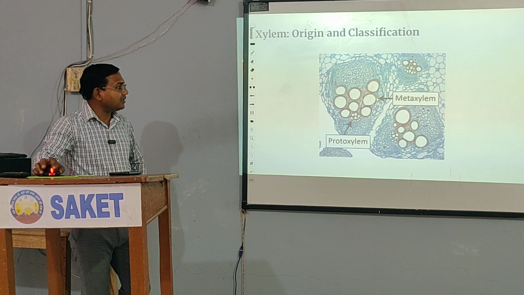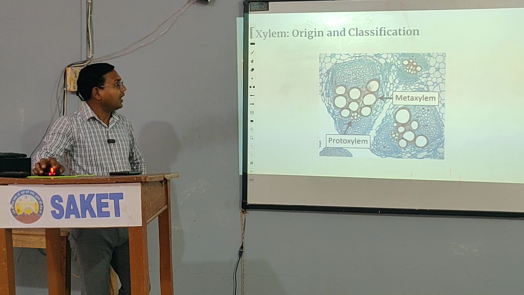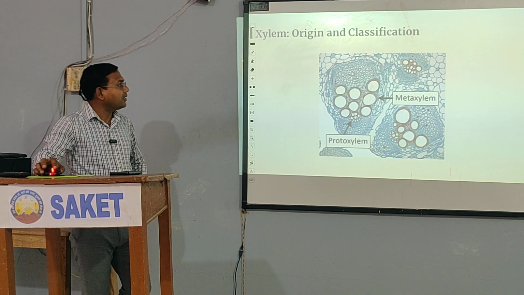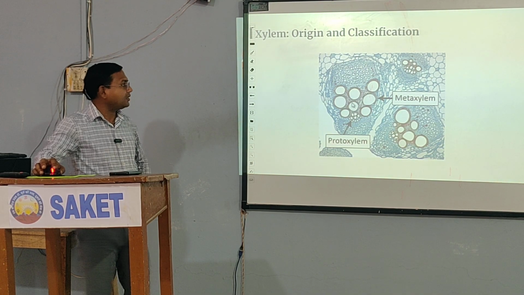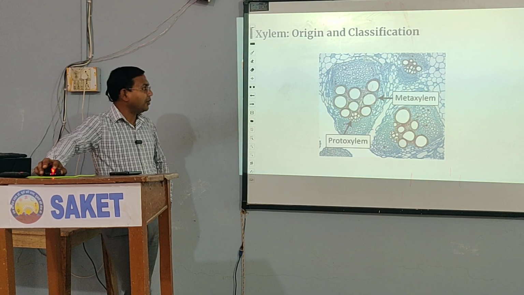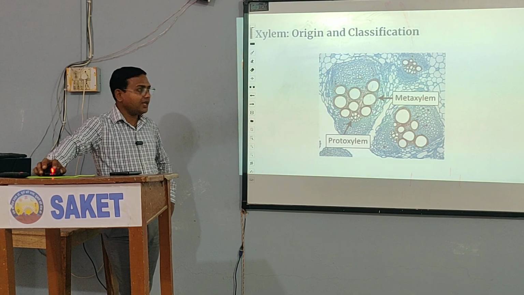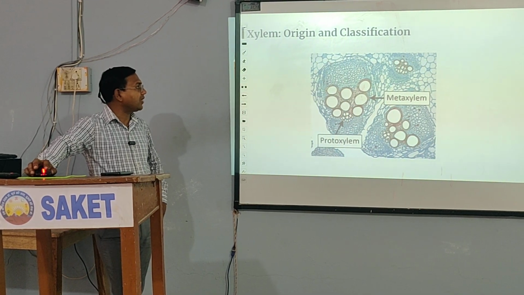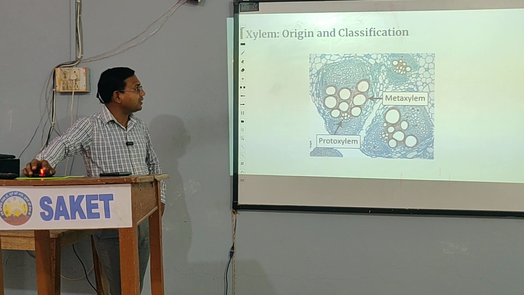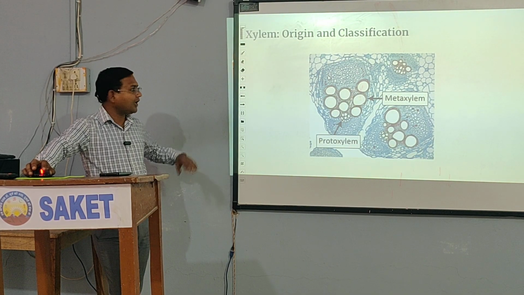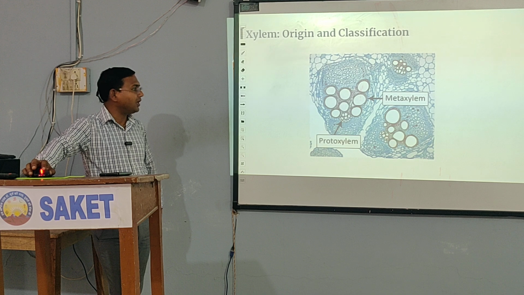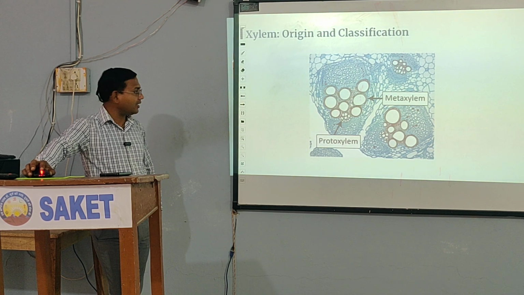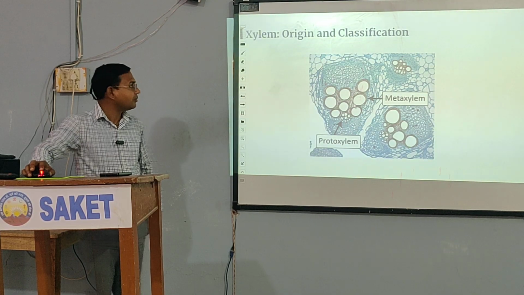So you can see the cell wall is quite thick, and these are the phloem, and they have thin-walled cells compared to the xylem. So if we talk about the staining, the xylem and parenchyma cells are stained by fast green. That's why it has a somewhat greenish appearance compared to the xylem. The xylem is stained with safranin, which is red in color. So that's why it is a little reddish or brownish in color.